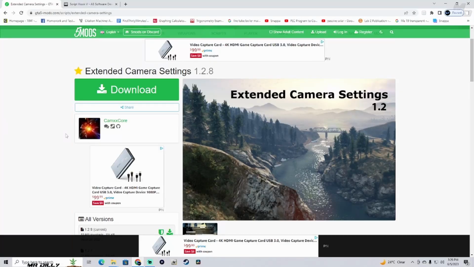Hey guys, welcome back to another GTA 5 tutorial. This is for extended camera settings. If you've been using the 1.2.8 for the current version of GTA 5, you will find that your game does not even log in unless you take it out of your game. All right, so we're gonna go ahead and update our extended camera settings to make sure it does work with